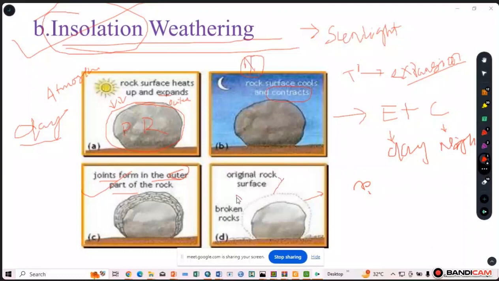You can see these broken pieces, and they are converted into small sediments, and these are removed away. You see now how the insolation weathering process occurs. During the daytime, the parent rock receives sunlight and it expands. During the night,